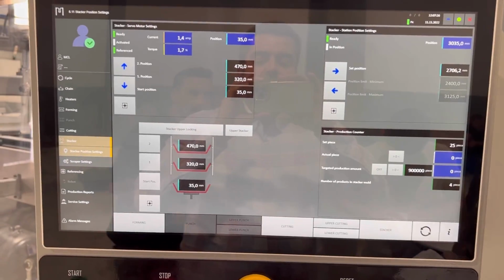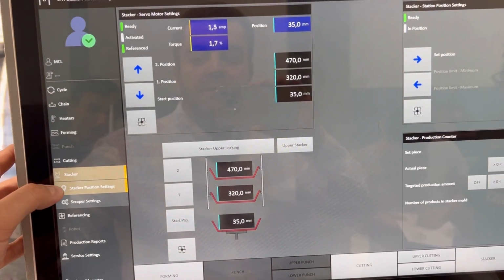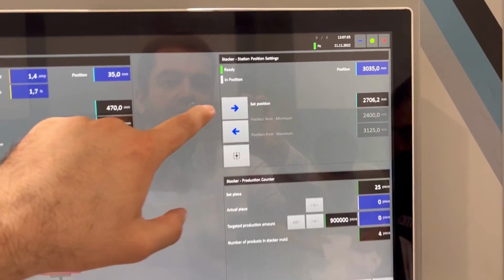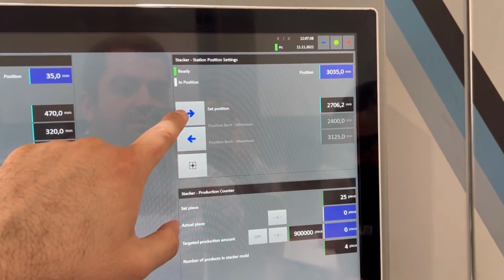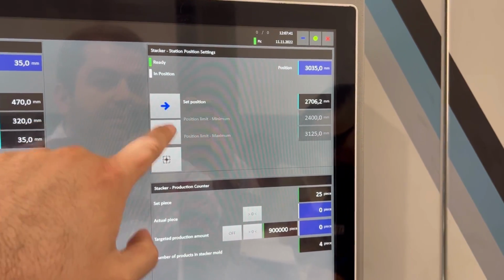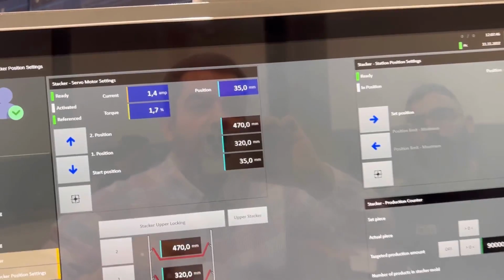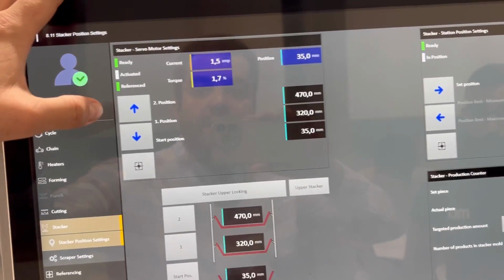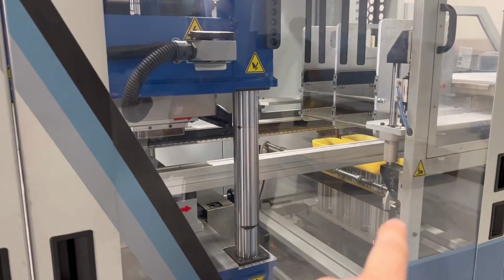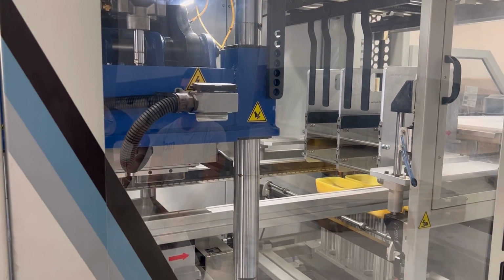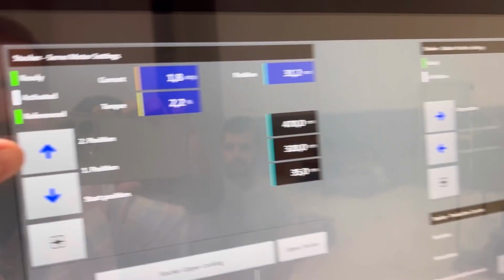The stacking page again. This is the stacking page, and here is the stacking position page. So first of all, I would prefer to start with the position. This is the positioner of the stacking page. So this brings it forward and backward according to the index we have there. And of course here we have the lower pushers. So we can control them, take them up and down, up and down, and according to the value we have here